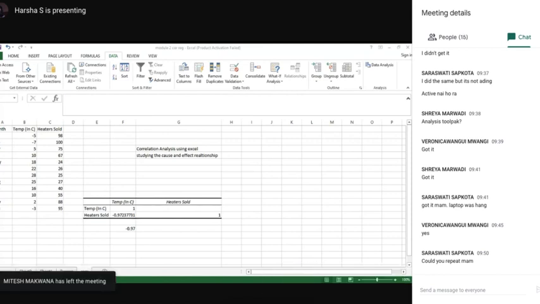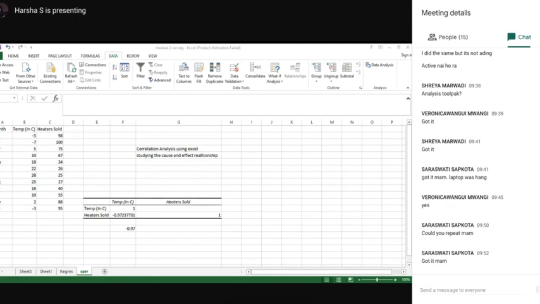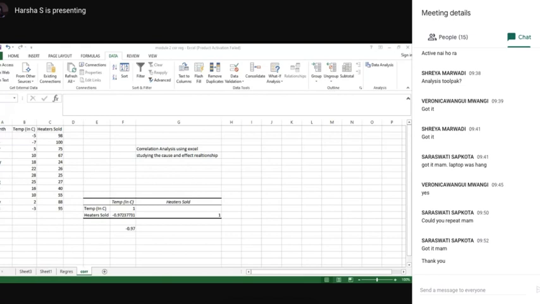Okay, so this is how you calculate the correlation using the data analysis tab. How do you interpret this data? Is the Excel screen visible? Saraswati says, will you repeat? Saraswati, you want me to repeat again? Saraswati, should I reply in the chat box or via audio? Got it. Okay. Then again, please confirm, is my Excel screen visible? Yes, yes, ma'am.